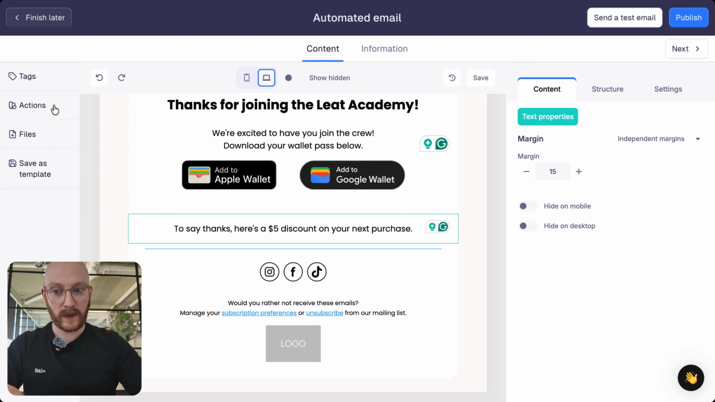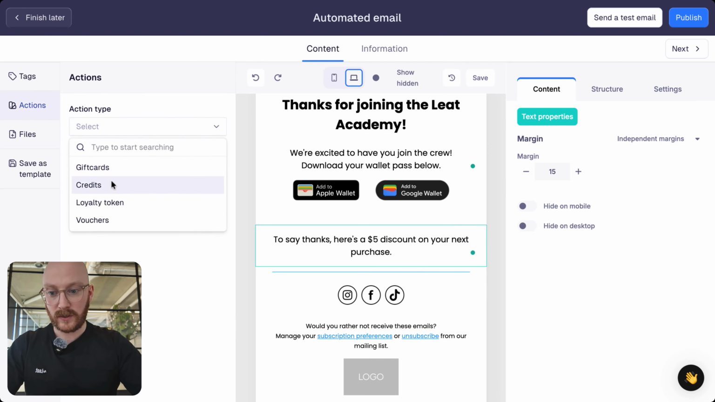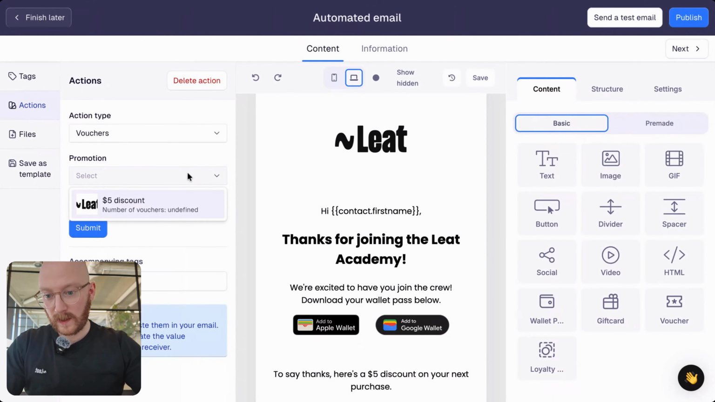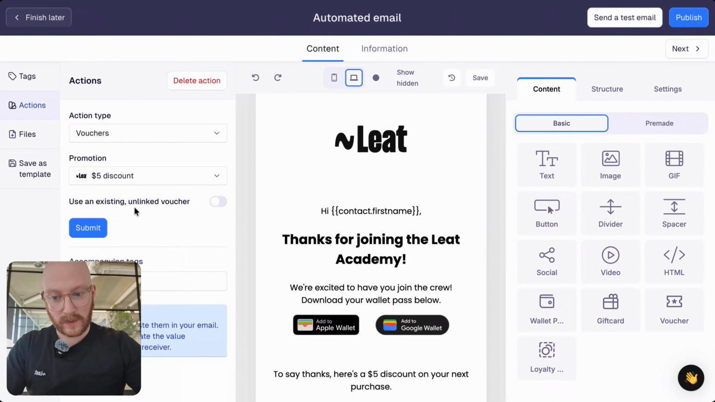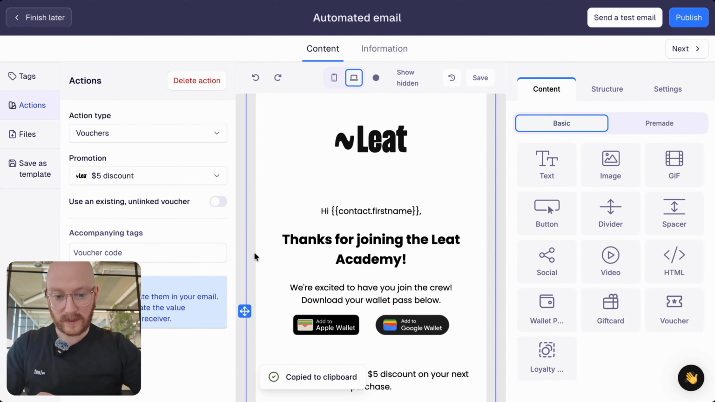And now, once you have your voucher created, we're going to navigate to actions on the left-hand side here. The action type is going to be a voucher. And now the voucher I'm going to select is the $5 discount voucher that we created earlier. We can leave this toggle off where we use an existing unlinked voucher, and then we're going to hit submit. And now all this means is that every time we send this email, a unique voucher will be created and assigned to that contact that we send this email to. What we can then do is copy this voucher code,